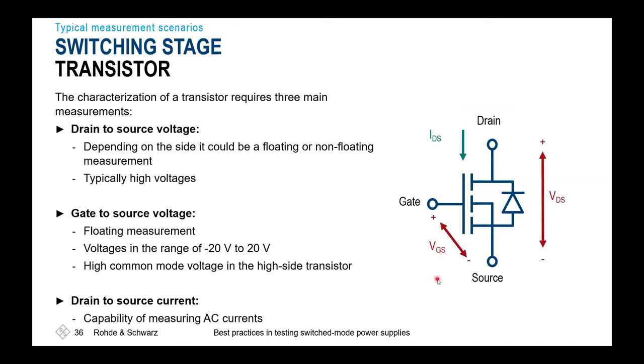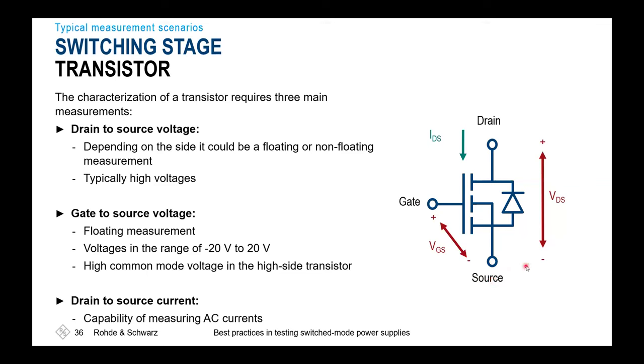Which measurements are very popular and what to keep in mind for current topologies and technologies. So if we're only investigating the lower gates and the low side transistors there, everything is ground referenced. That's quite convenient and easy, because there you'll always have a ground connection, and that's why it's more or less a don't care. You'll just take the voltage values and look into the datasheet of the probe and say, yes,